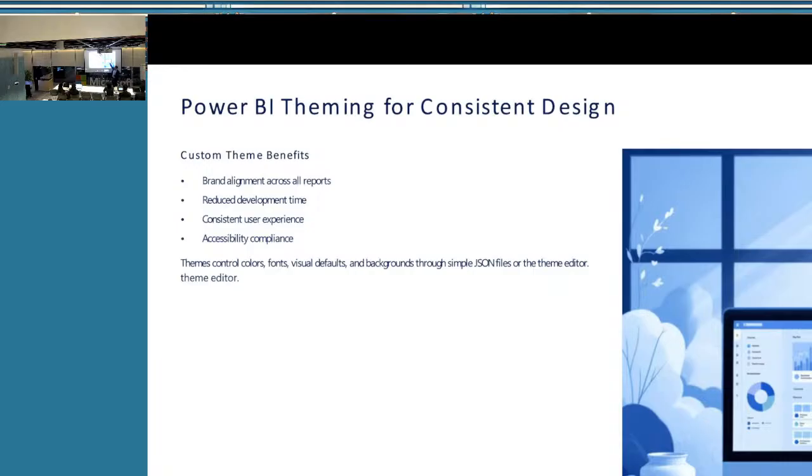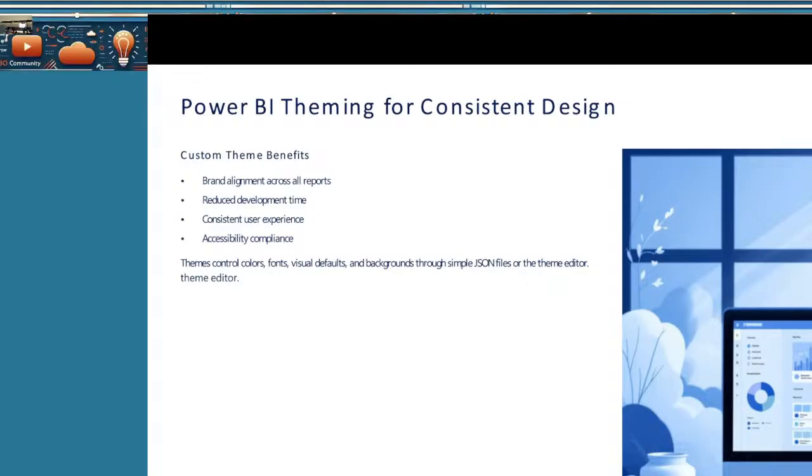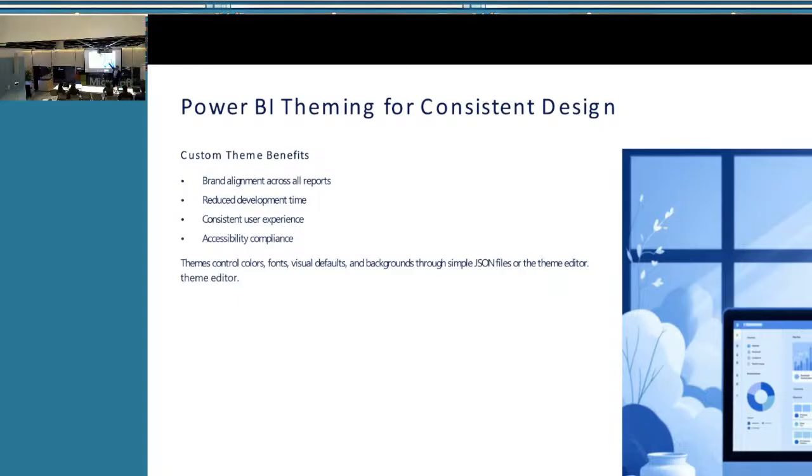Because if I don't import this JPG and I go to my director and show the report, he will not accept it. Because he will make sure that it is compatible with the branding or the company design pattern, right? So here I'm not going to develop it. I'm going to ask the PR team to give me the image, and that image, using Power BI, I will put as a header banner, right?